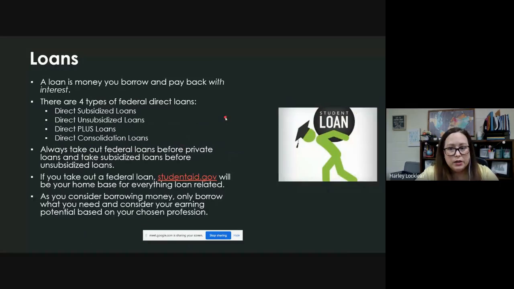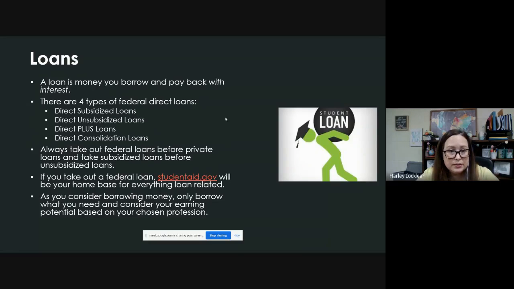Of course, a loan is money that you borrow and then pay back. There are 4 types of federal direct loans: direct subsidized, direct unsubsidized, direct plus, and then direct consolidation. Consolidation loans you don't need to worry about right now. That comes later after you've graduated. If you have more than one, you can talk about putting those together and paying them back as one. The direct subsidized loan